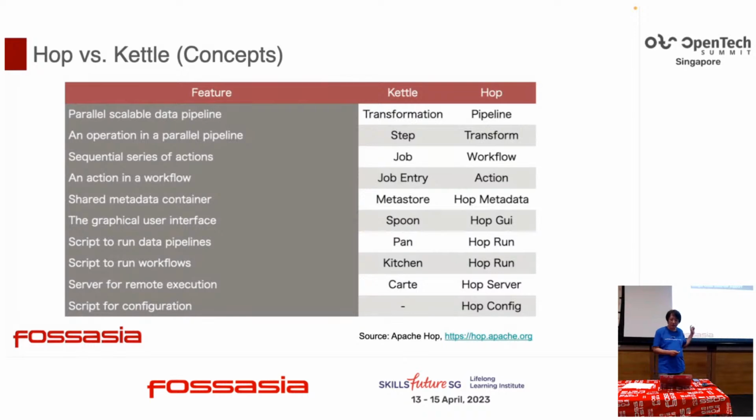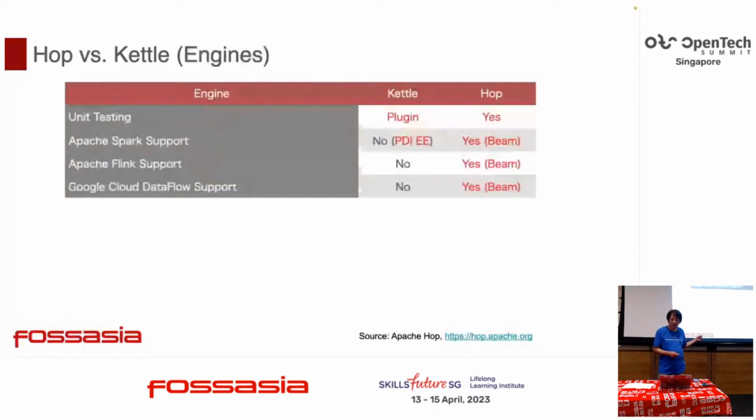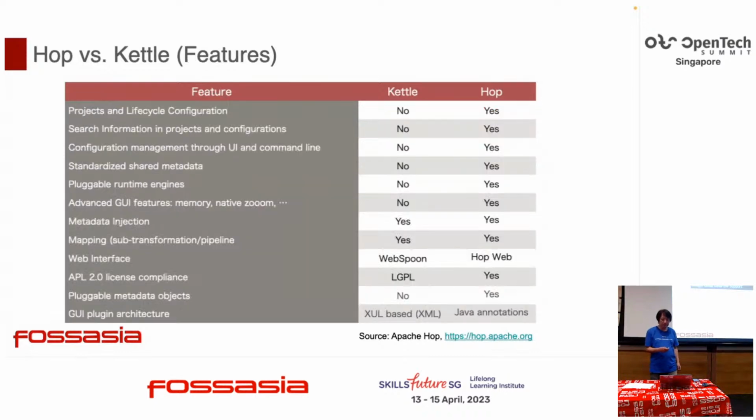And unit testing is here, and we support unit testing in Apache Flink and Google Cloud. Features here. We added a lot of features to Kettle. Hop has a lightweight server,